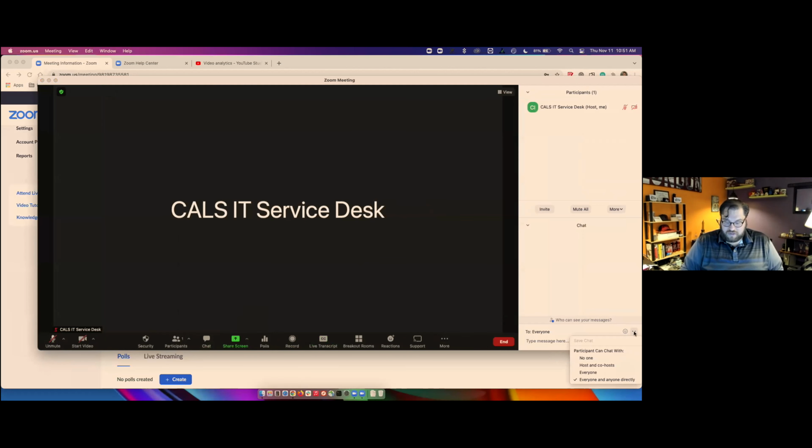Under chat, if you click the three dots, you have some options. You can let them chat with no one, only chat with hosts and co-hosts, allow them to chat with everyone, or everyone and anyone directly. Depending on what you're doing, sometimes I'll only let them talk to hosts and co-hosts. This is a regular meeting. By the way, in a webinar, those options are slightly different. It'll say attendees can chat with panelists